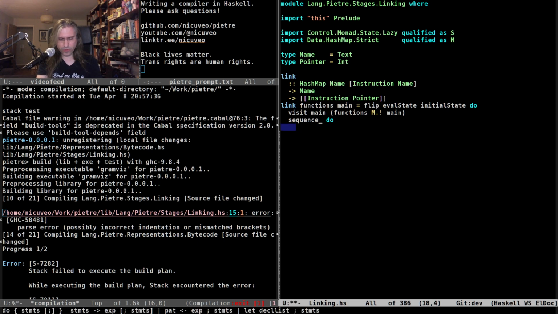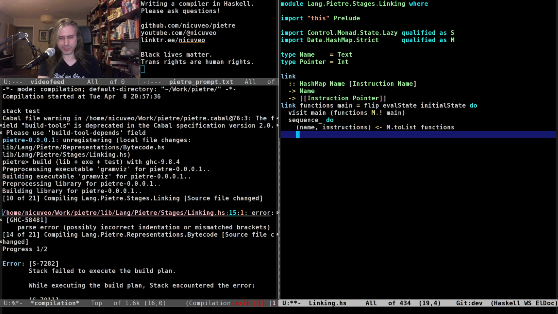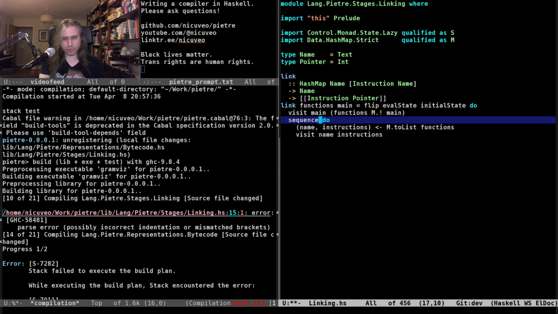So what we're going to do is, for each name and instructions in the list of pairs in this hash map, we are going to be visiting name instructions. Actually, we don't want to do a sequence here. We want to do a regular thing, because that's going to give us a monadic list of the result of this.